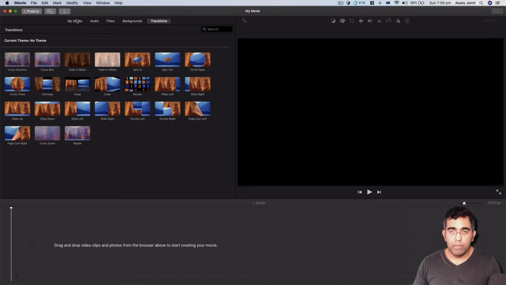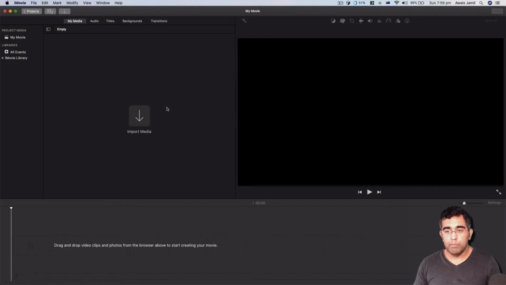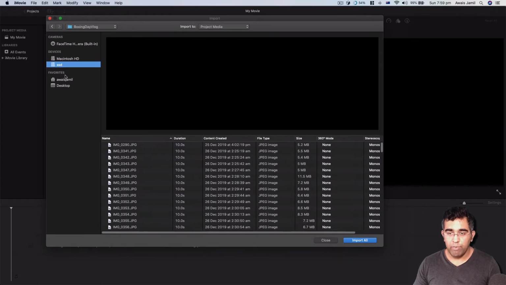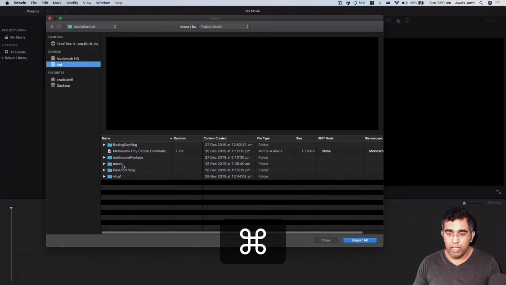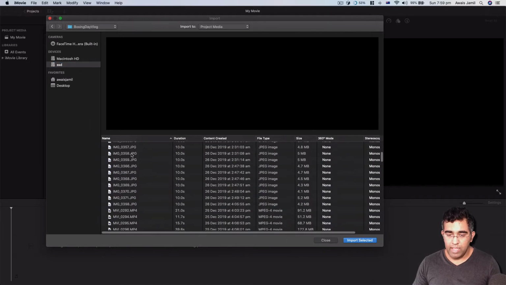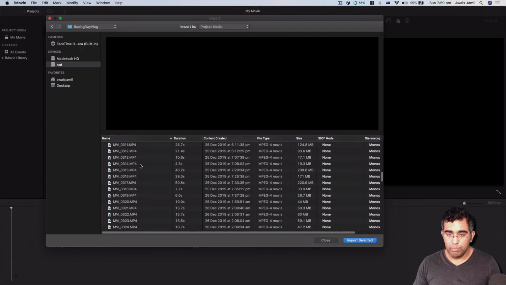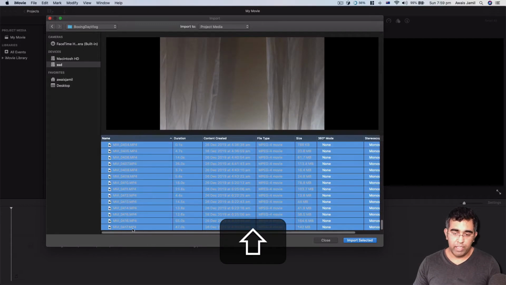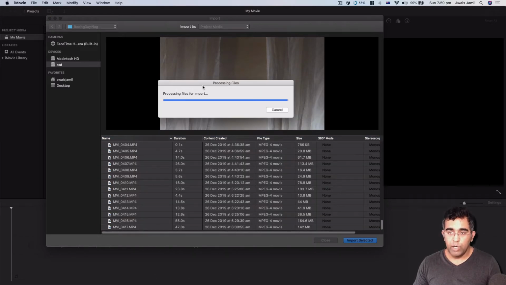Let's import some media. I'm gonna be editing my vlog in this video, so I'm just gonna import all the media at once. So click on import media. You'll get to see this explorer. So I'm gonna import media from SSD. So I'm gonna press command up arrow to go up. So I'm gonna click here and then I'm going to import all the media. The start, so I'm gonna move all the way down. Press shift. Click here to select all the media files, click on import selected,